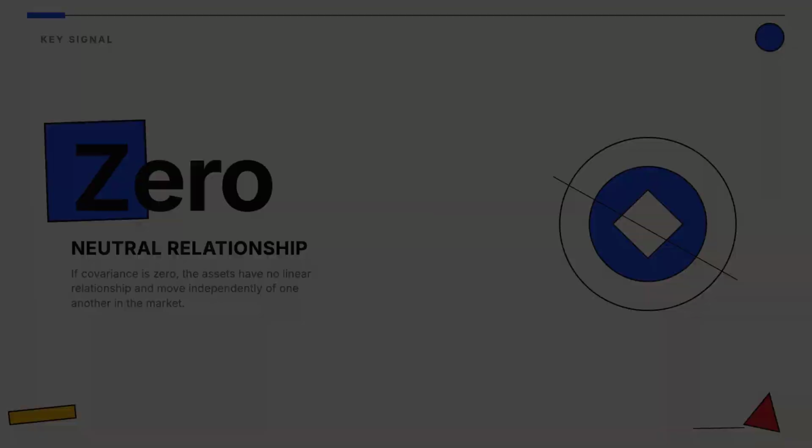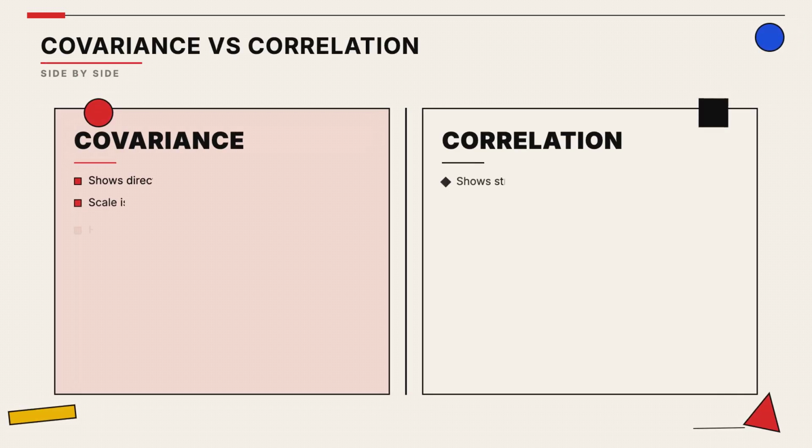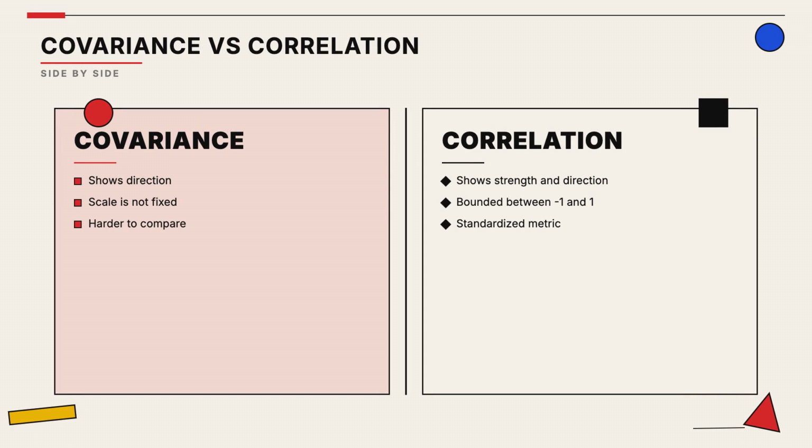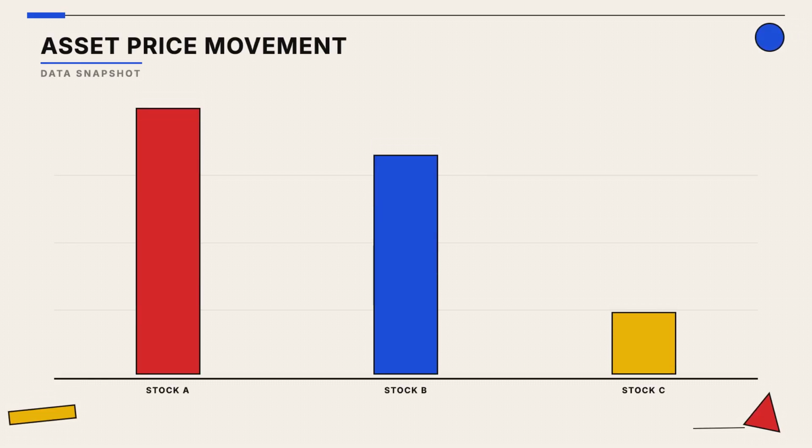a portfolio. Positive covariance suggests assets climb or drop together, while negative covariance can act as a natural hedge for your holdings. While covariance shows direction, correlation standardizes the scale, making it much easier to compare different assets side by side. This chart illustrates how assets with different movement patterns can balance out the total volatility of your combined investment